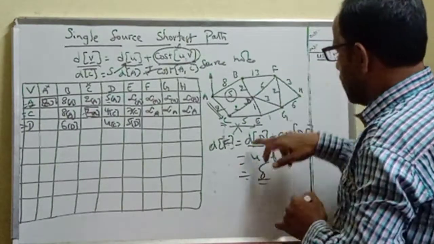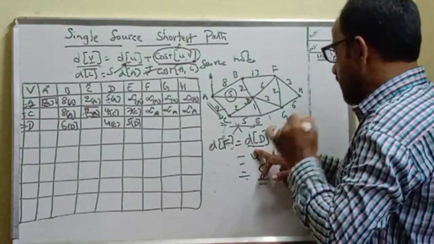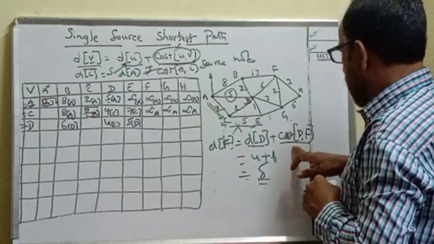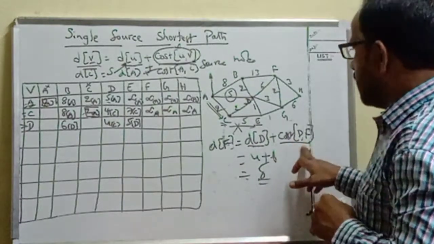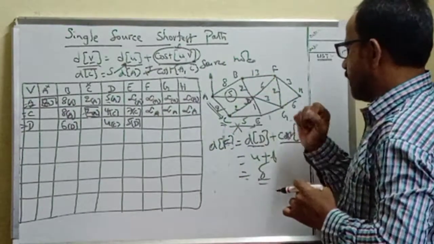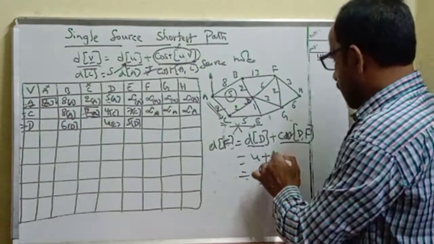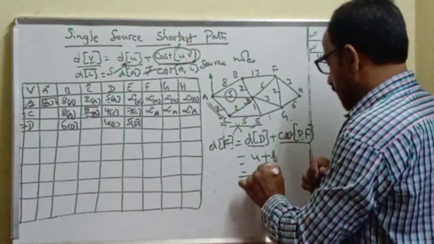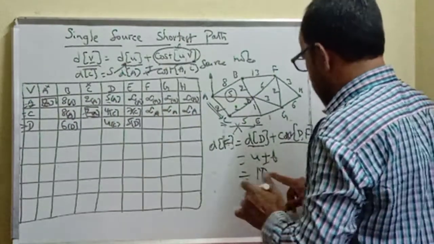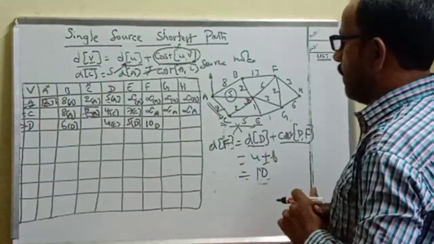D means path cost. This is the path cost. What do you mean by D of D? The shortest distance from the source node to D, meaning the entire path you need to consider. And cost of D comma F means the edge cost between D and F. Yes, there is a direct edge between D and F, and that is 6 units. Suppose there is no direct edge, then simply replace that value with infinite. But here the direct edge is there. Then for this particular number we got 10. But what was the earlier value? The earlier value is infinite. But 10 is very much smaller, so treat it as the smallest number up to this moment.